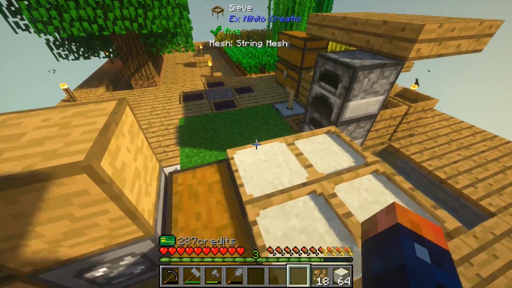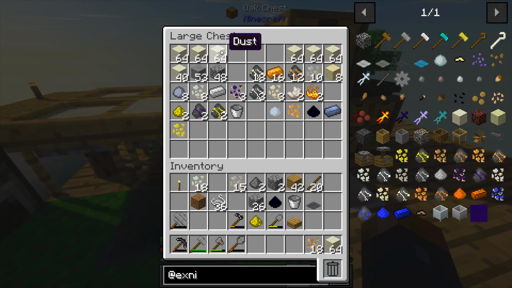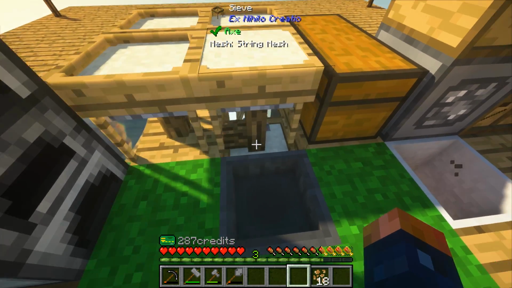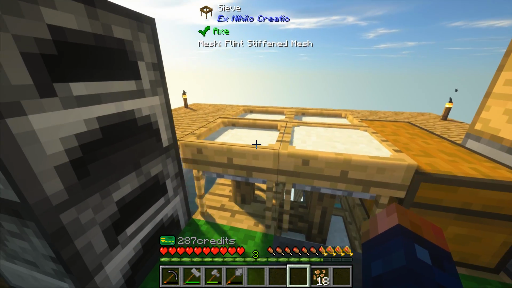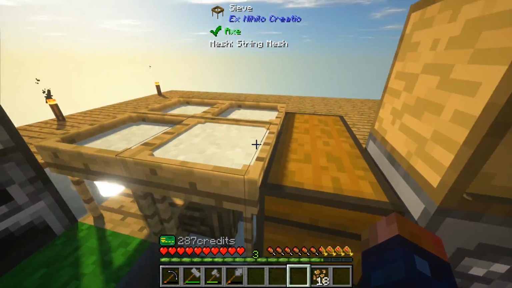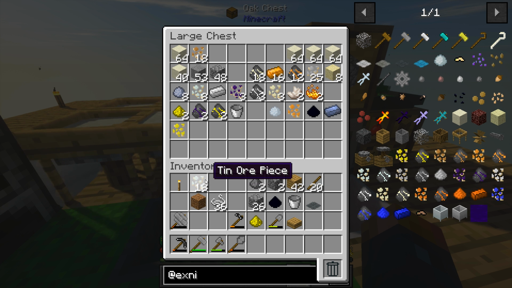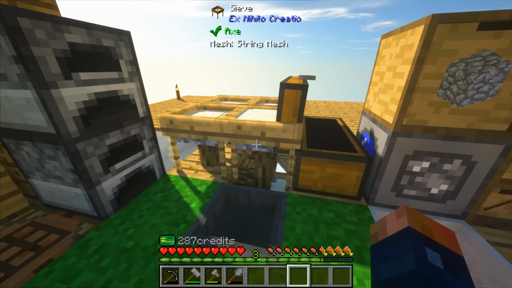So, what I did was, it's an auto siever, really. You fill this up with dust or whatever material you want it to go into. It fills up the reservoir down there, which then pipes it into the sieves. And in theory, this should start popping items up for you, and we should start gaining materials. So if I clear out my inventory here, and make sure I don't have anything in there that I know that this is going to give me,